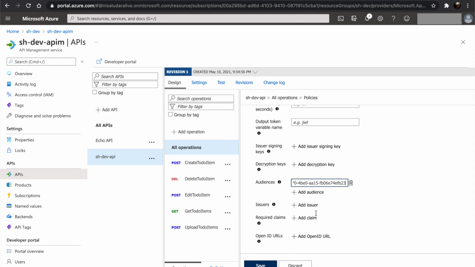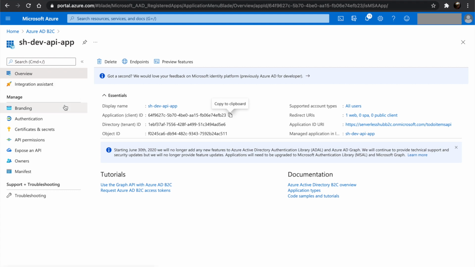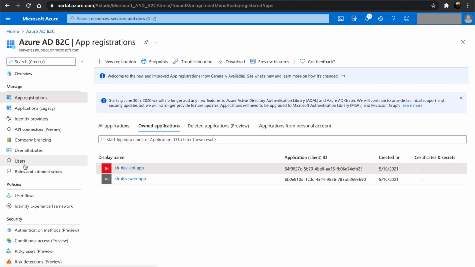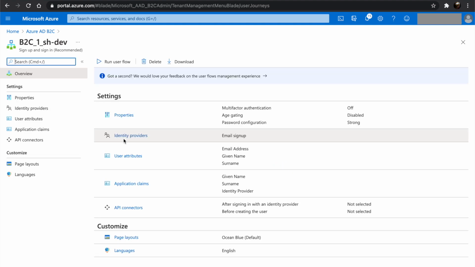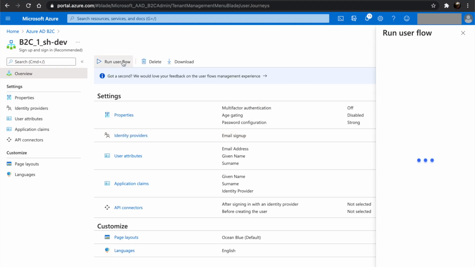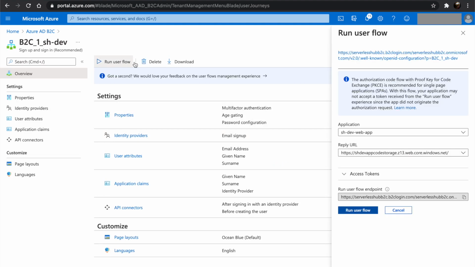For the issuer, let's go back to B2C tenant. User flows. Select the user flow we created. Click on run user flow and go to this URL.